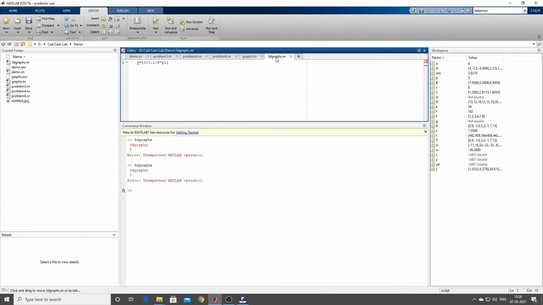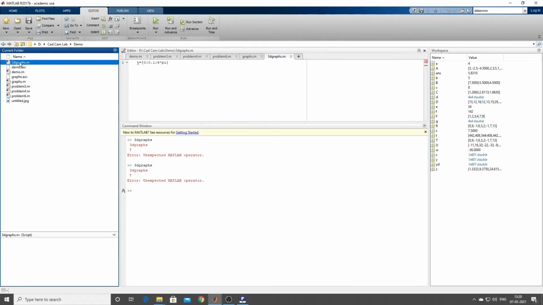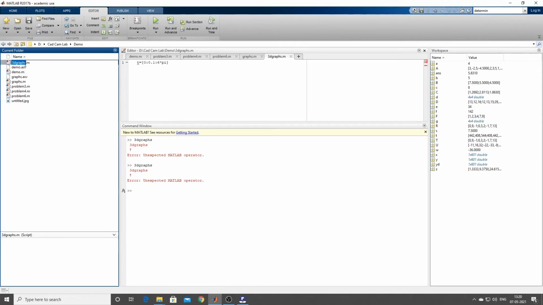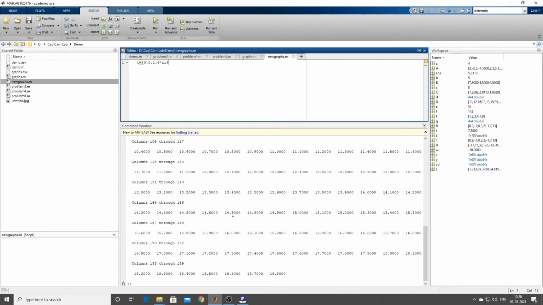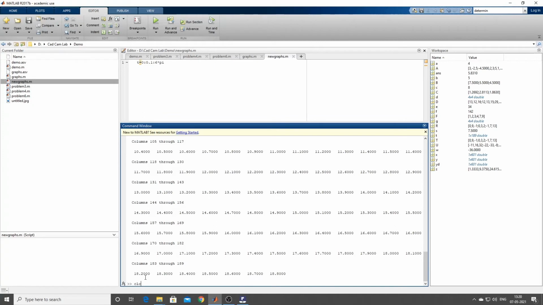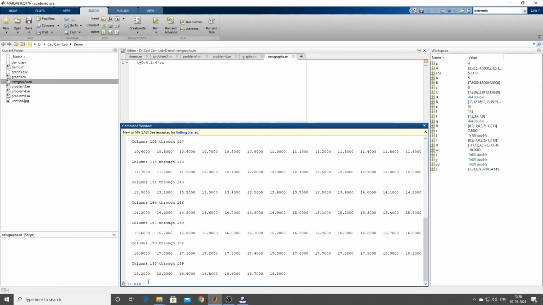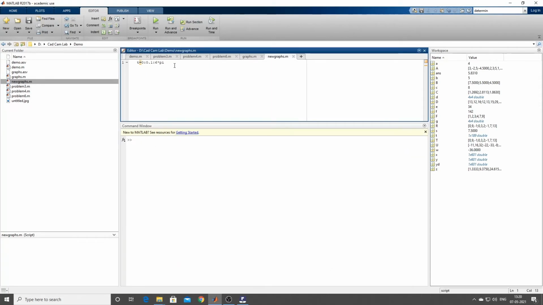Okay, we'll try to save the name. Rename, new graph. Now if you remove this also, sometimes the file name will also be a problem. So please be careful. So you can see here clc, even though you need not put the bracket also, I'm getting the answer. Do you see that? So okay, fine. So next, please put a semicolon to this.